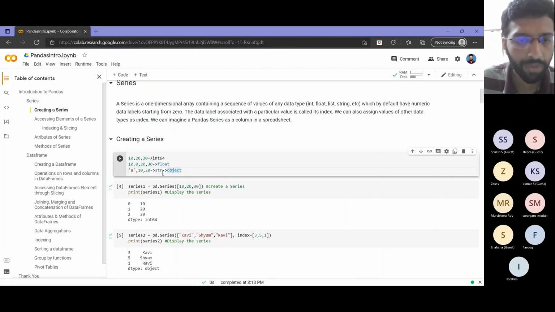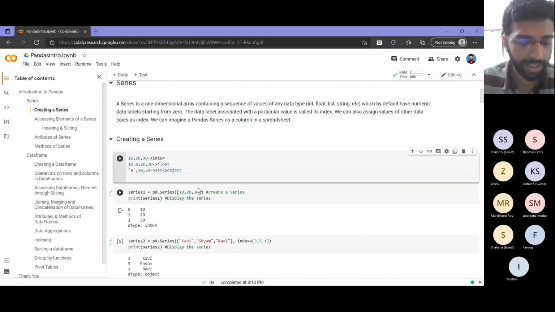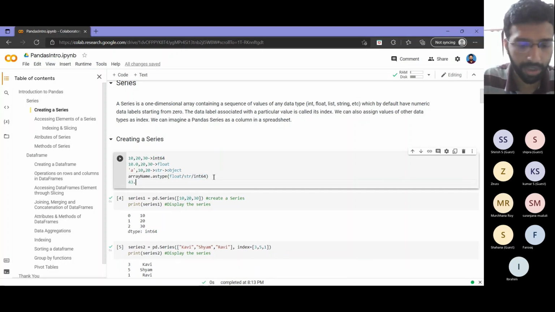So we need not worry about it. Or, if you remember in NumPy when we learned, there is a command astype, like array name dot astype, where you can change it to float or string or int64. That way the conversion will take place depending on the normal typecasting that we think of in Python. Like 43.5, if you typecast to int, it will become 43.